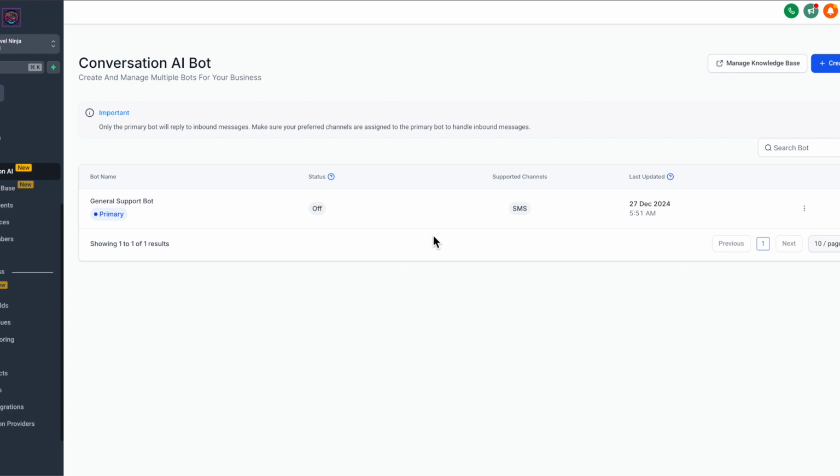Whatever you want somebody to be able to ask a question about and get an answer on without human interaction, what can you put into that? That is called your knowledge base. And then that knowledge base is used across all your different bots and your AI employees to create content for you, to create responses,